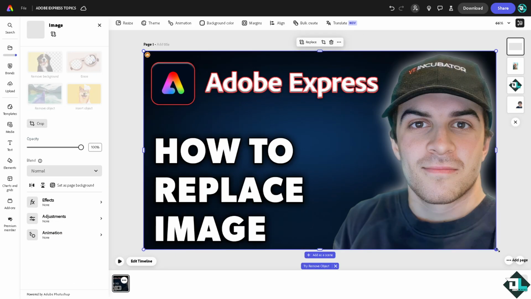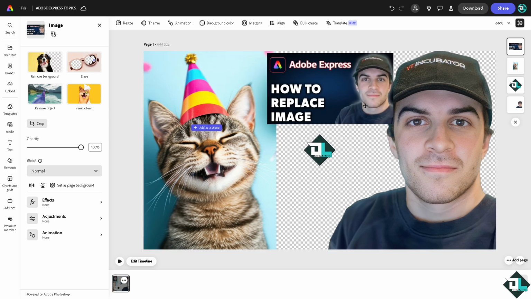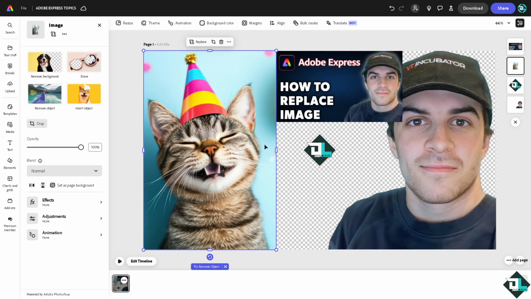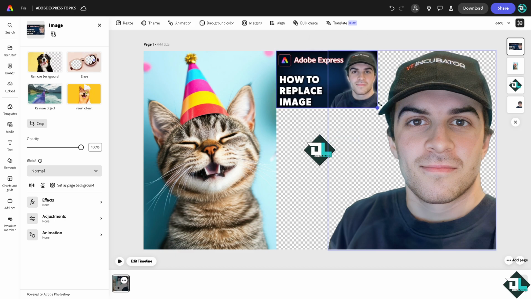And from this instance, I was able to replace that image earlier and just kind of drag the photo right here, making sure that everything is placed perfectly. All right,